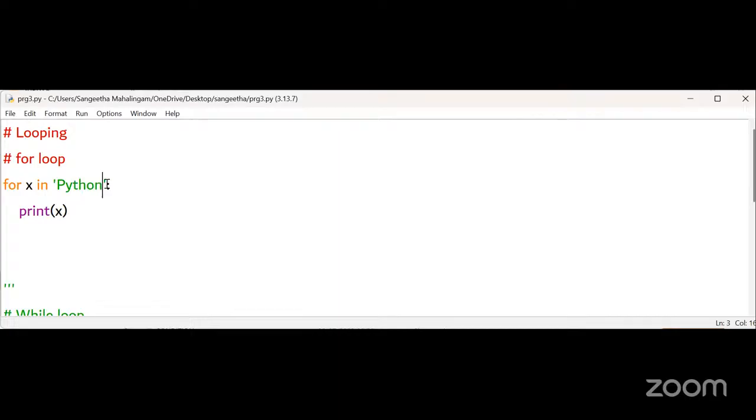For example, if I change to another word here, say Sandy, and I'm asking to print for X, the X will take the first letter S and then it will print for S. Again, second time the loop will run, A is assigned to X, so it will print for A. Again, it will come to the loop, N is assigned to X, and it will print for N. Similarly, for each character, it will assign to X and then print it. Okay, so that's it. If I run this,